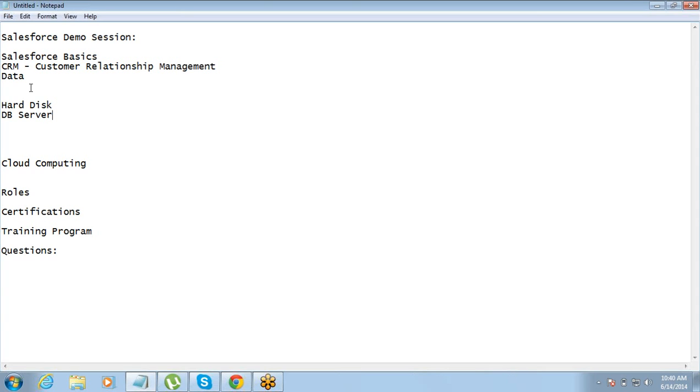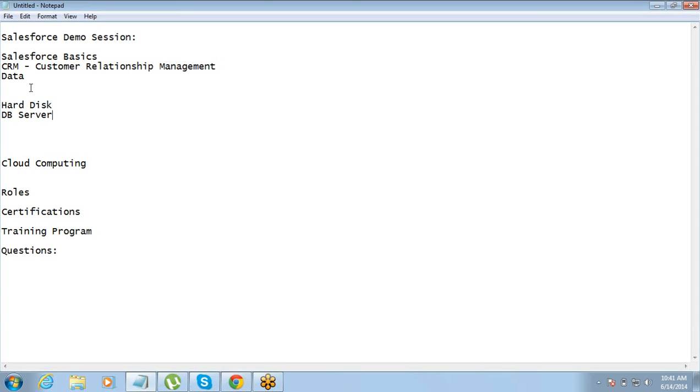Now the point that comes to mind is, where do you put this database server? So let us go step by step. Let us understand this: you started a business, you have your customers' information. You started thinking, where shall I put all the data related to the customer? What do you have to do? You have now two options.